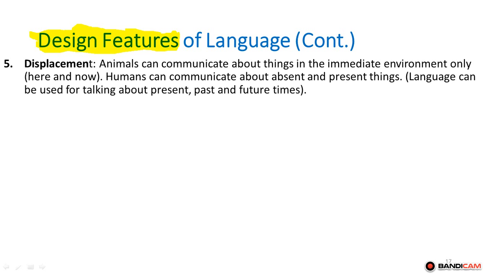I wrote a paper about these design features, and I found that they are not accurate. Because he claims that displacement does not exist in animal language or in non-human communication systems. But I found from the Holy Quran that there are stories narrated which talk about animals. For example, the story of Solomon and the Hudhud, the story of the ant and the story of other animals